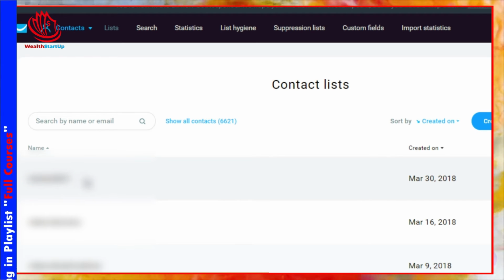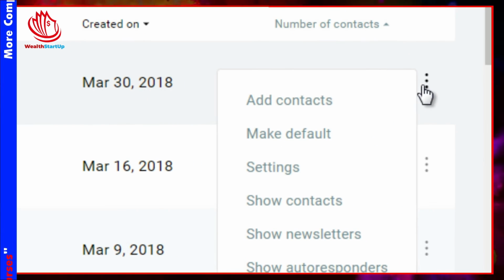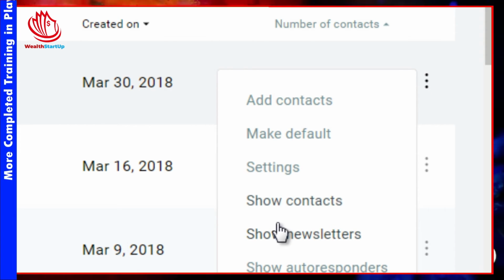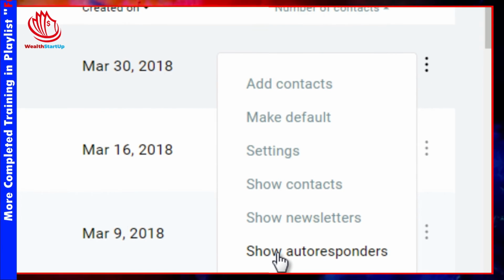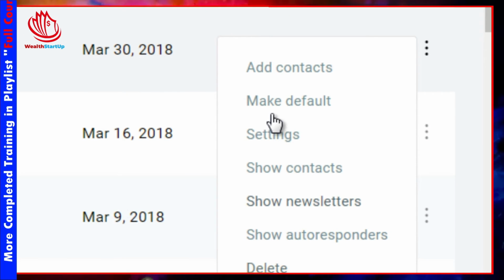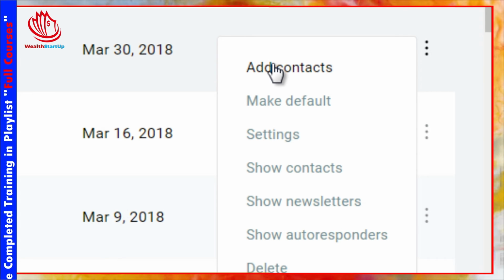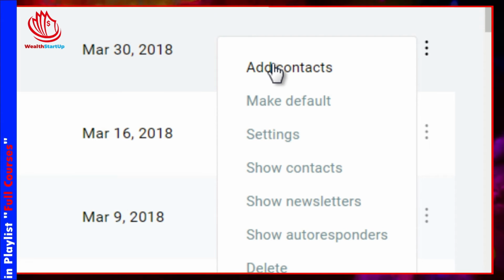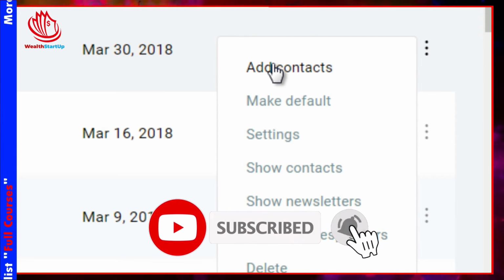So this right here is the new list. So now if you put your mouse over here, you're going to be able to see other elements like add contacts, make default, settings, show contacts, show newsletters, show autoresponders, and delete. So adding contacts, what that means is if you have an external list, let's say for example, you have an Excel spreadsheet of a list of customers, then you can click add contacts and you can actually import those contacts